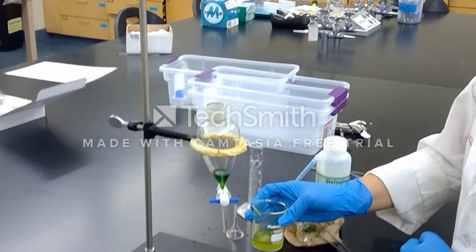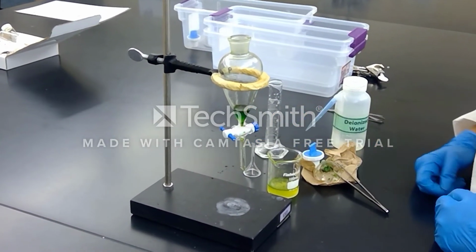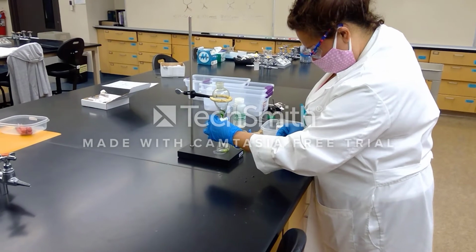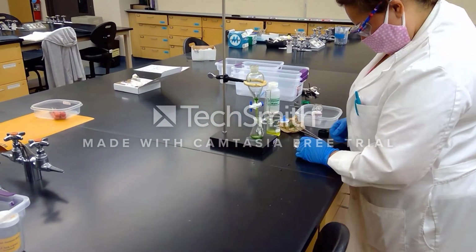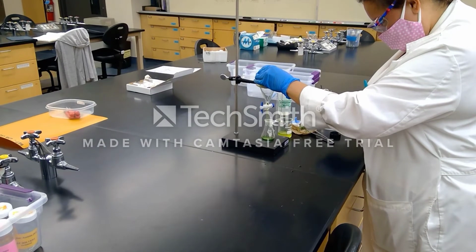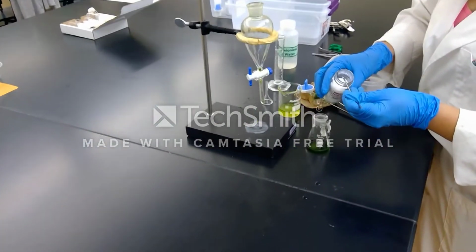Okay, we're going to go ahead and take our extract here, the hexanes layer, and we're going to dry it with some sodium sulfate. Okay, so I'm adding my upper hexanes layer to the Erlenmeyer flask here. We want to use this type of Erlenmeyer flask that has a lid so that we can add our sodium sulfate. And we don't need to measure really how much sodium sulfate we add. We're just going to go ahead and add a few microscoops here